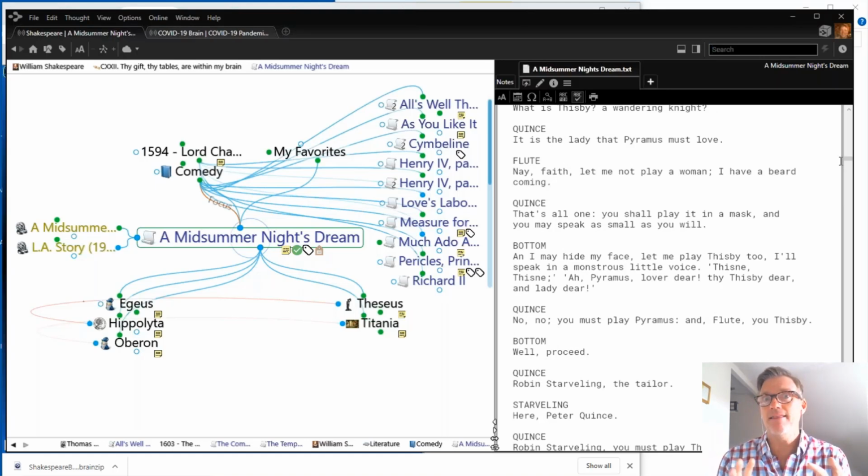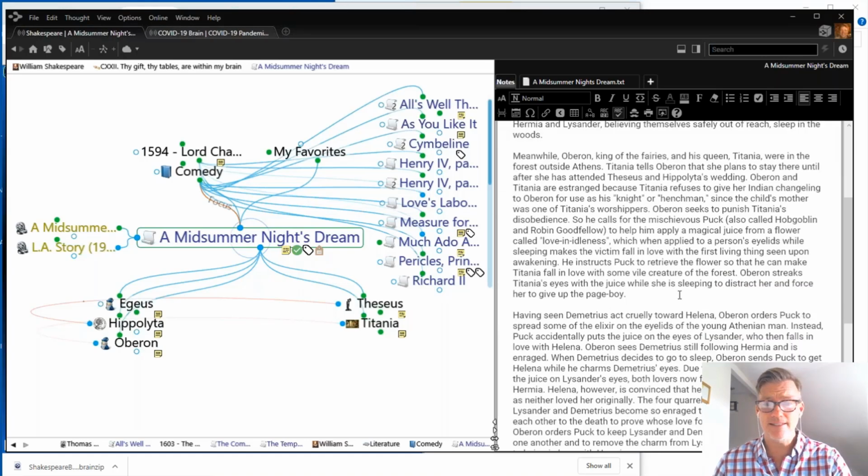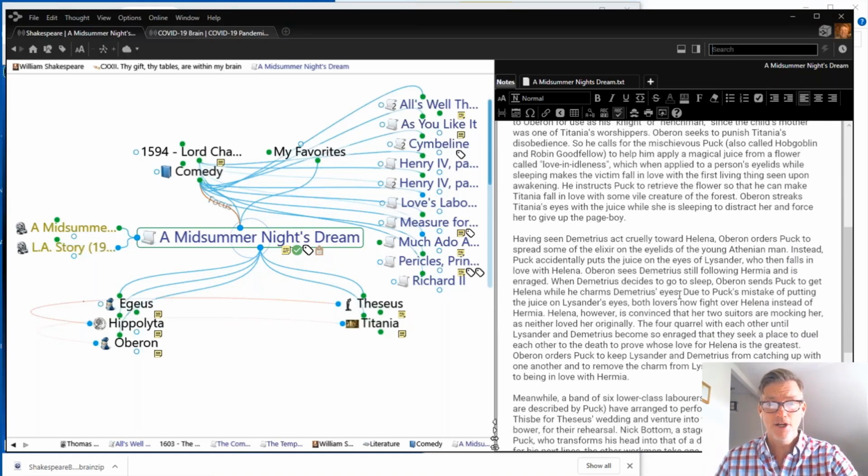Now, that's nothing new. The complete works of Shakespeare are out there in the world. They can be found online. I think Oxford University has the complete works of Shakespeare. So they are accessible. You can find them online. But what I mostly enjoy about this brain is that I can add my own thoughts and interpretation of the Shakespearean work. So if I click on notes, for example,